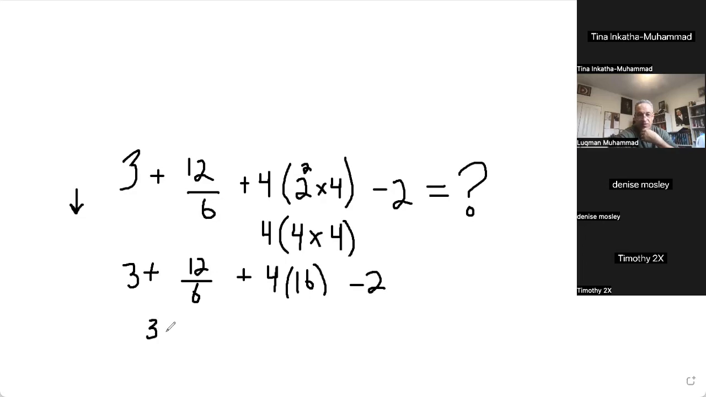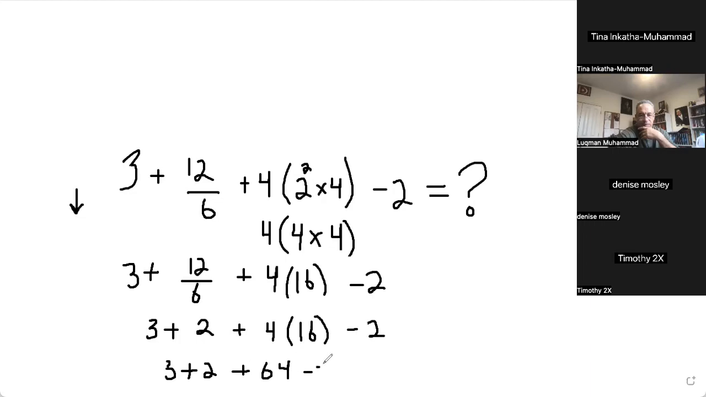Okay, so yeah, let's make it easy. So 3 plus 2. And then with 4 in this parentheses, what operation is that? That's multiplication. So what's 4 times 16? That's 64. So we got 3 plus 2 plus 64